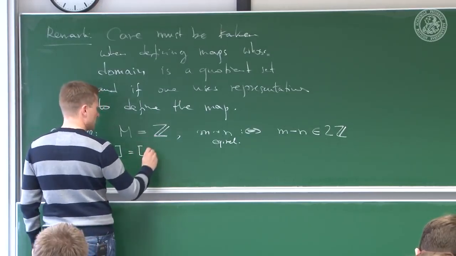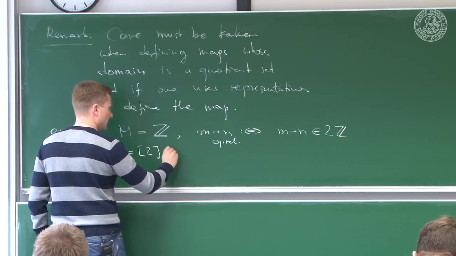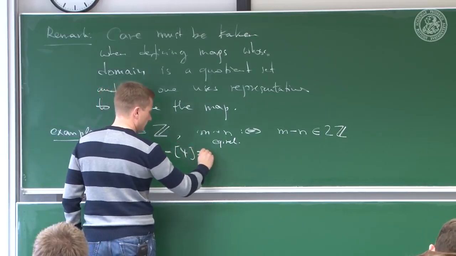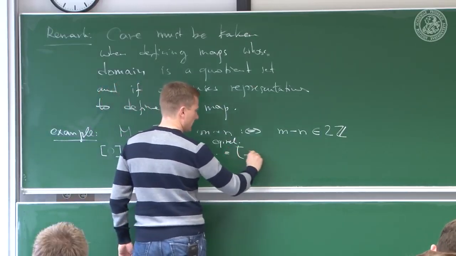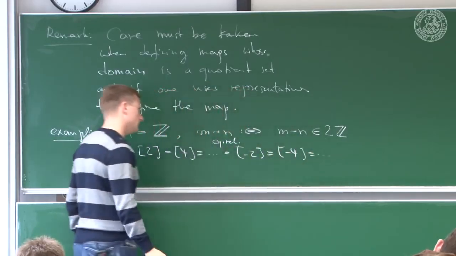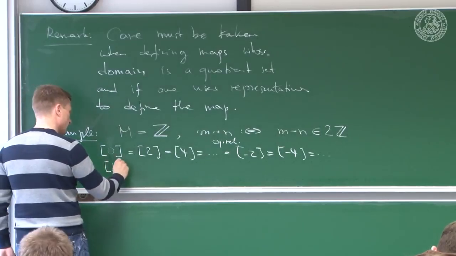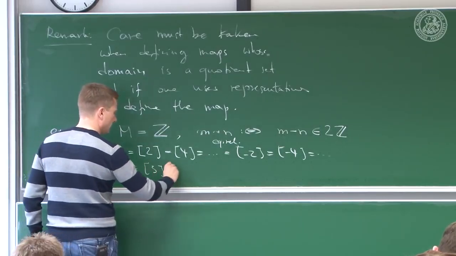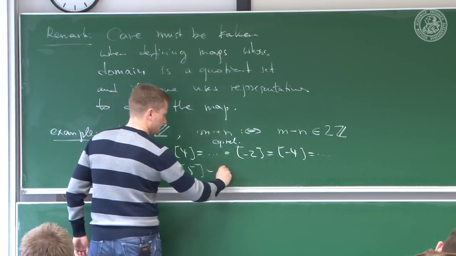The equivalence class of 0 is, of course, 2, 4, and so on, but also minus 2, minus 4, and so on. And the equivalence class of 1 is 3 and 5,